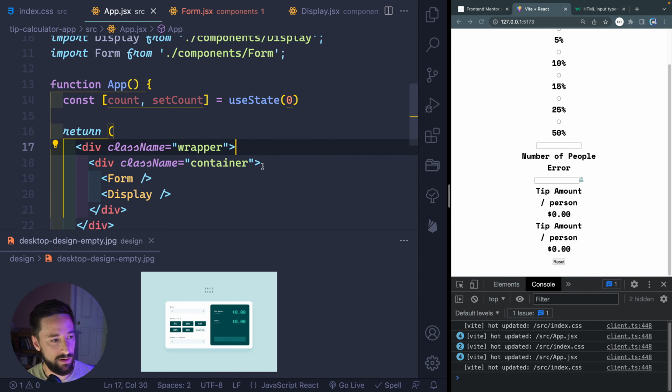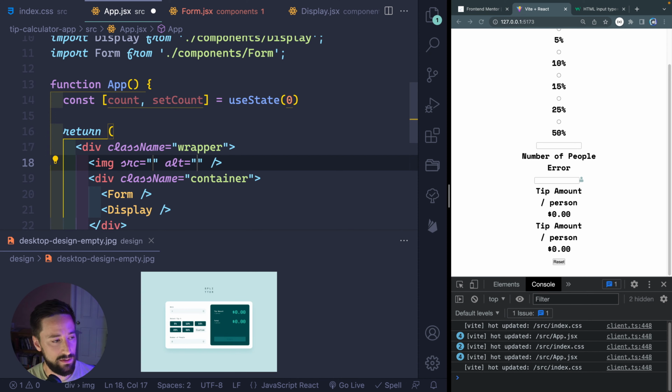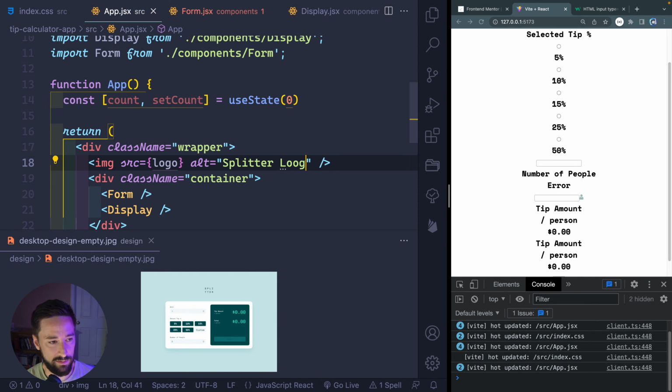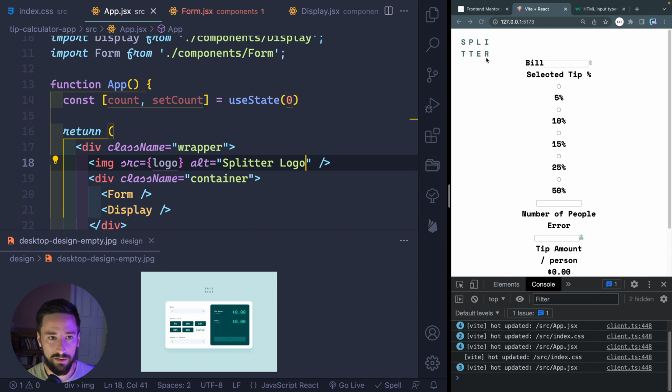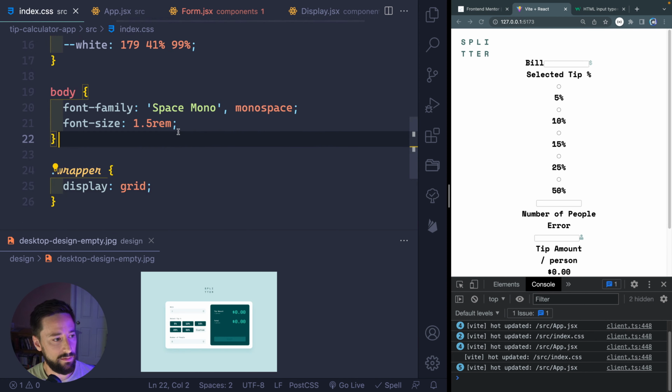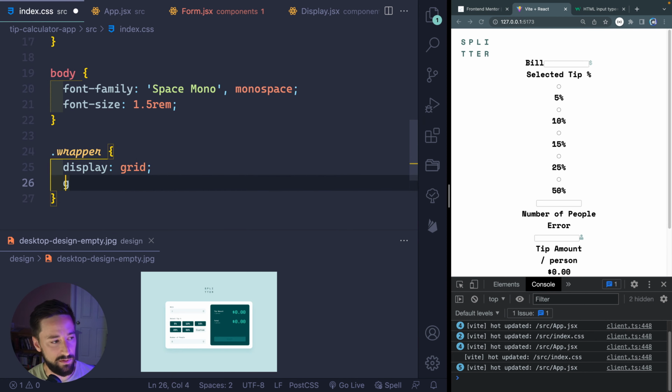I'll come back over here, and here is where we're going to have our image, and this will point to our logo, and this will simply say splitter logo. I think that's what it was called. There we go. All right, so inside here, this will be display grid, gap of,